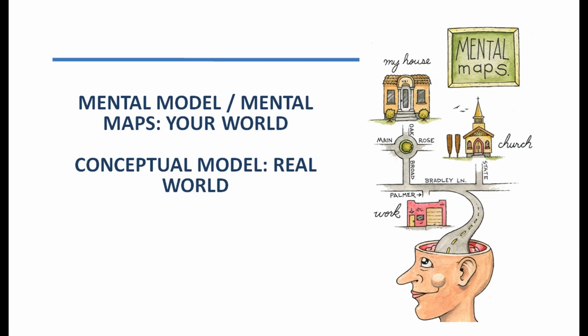From the temple onwards, you can take a right turn. So this kind of map, which is stored in your brain, is actually a mental map. Mental maps are maps of the environment stored in our brains, so we call it a mental model. Whereas a conceptual model